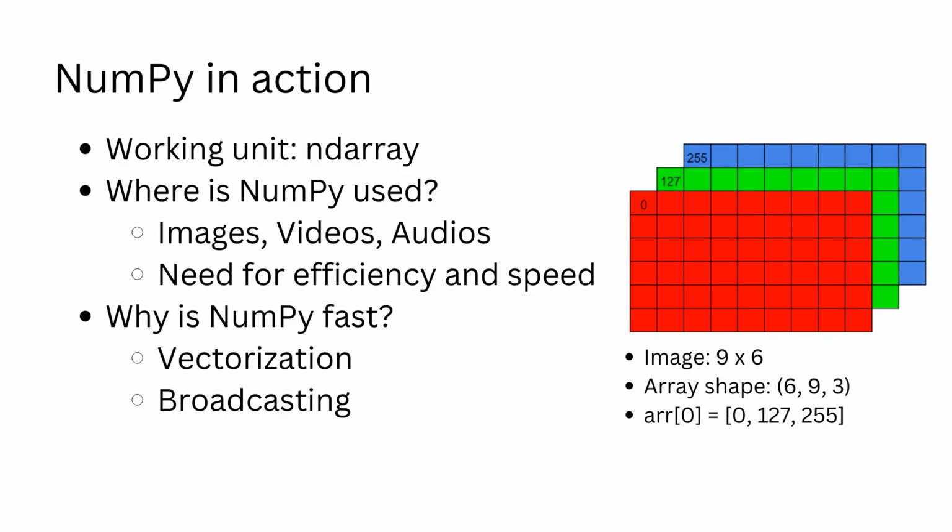Normally, in digital photography, width comes first and height comes second. But as NumPy arrays are row major, height comes first and width comes next. Note that it is just a different standard of representation, and it does not distort the shape of the media. Not just in media, NumPy is used in places where computational efficiency and speed is vital.